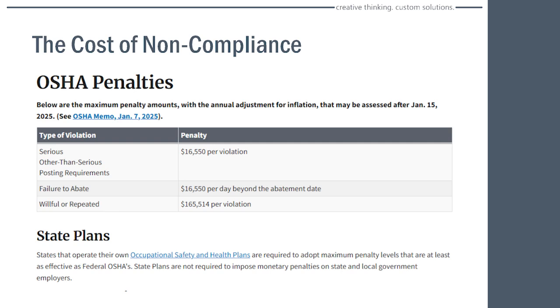But it gets really expensive, especially if you don't fix the things that they put in the lists, because then you start getting additional charges per day, another $16,550 per day beyond the abatement date. Willful or repeated violations, they multiply it by 10 times. So it's important, if you're trying to do cost benefit analysis and justifications to your company for why we need to do this training or why we need to buy this safety equipment,